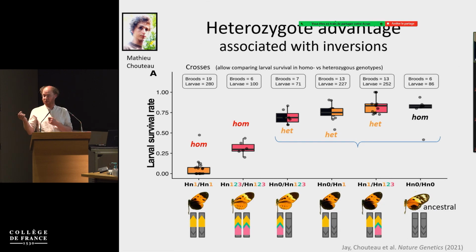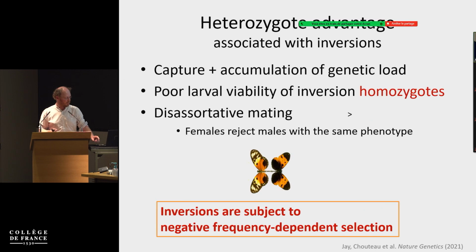So the second and third inversions seem to restore somehow, or be associated with, a lower load in the HN1 in the first inversion. Something we want to pursue perhaps. So heterozygote advantage, yes. We don't know whether this heterozygous advantage is actually directly caused by the deleterious mutations that we have found in these inversions. They could also be caused by breakpoint effects, which we don't measure with